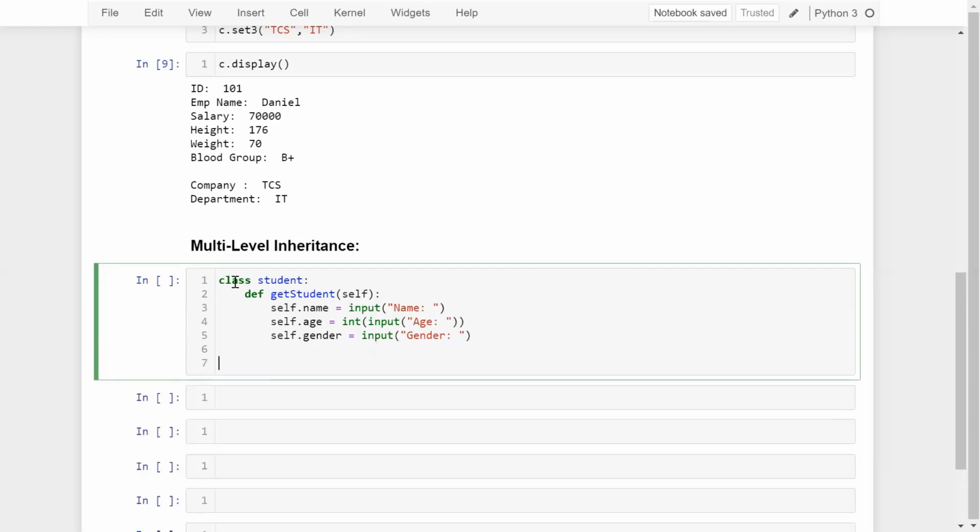Now I'm going to create another class that inherits your base class, which is the Student class, and call it Subjects. Here I'm going to inherit your class, which is Student.